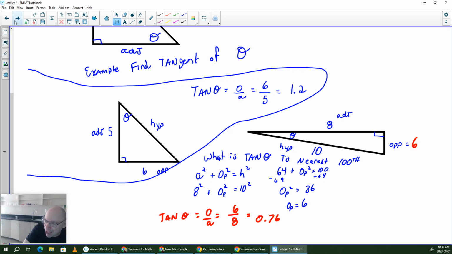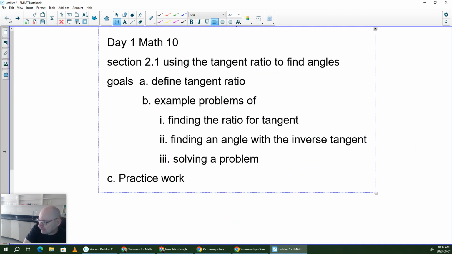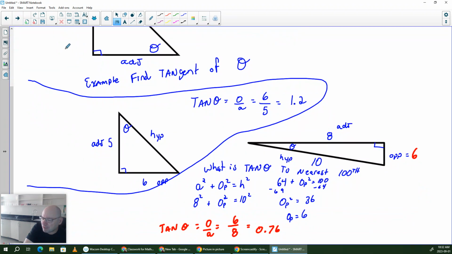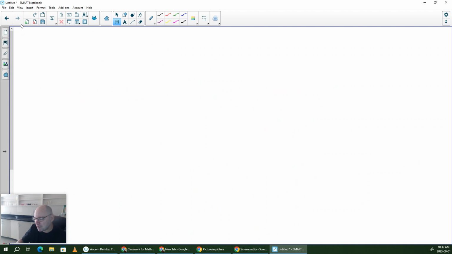So that's part 1. So if we look back, I don't want to go too long today. Find the angle with the inverse tangent. Okay, so now we're going to be given the 2 legs and have to find the angle. And notice I haven't done any word problems yet. We're just doing diagrams, which we'll get into some word ones at the very end. Okay, so this is example 2, finding